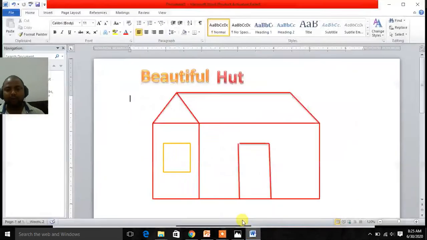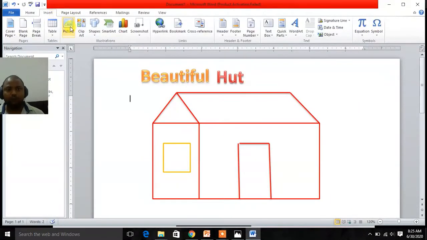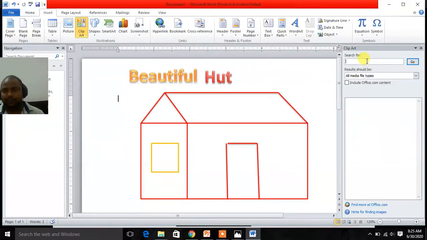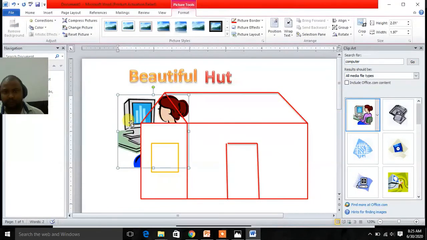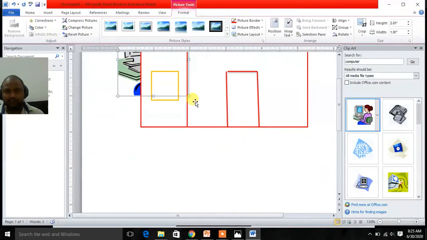So let's see how to do this. Click on clip art, click computer, go, suppose this computer, click on this clip art and it is inserted to your document.